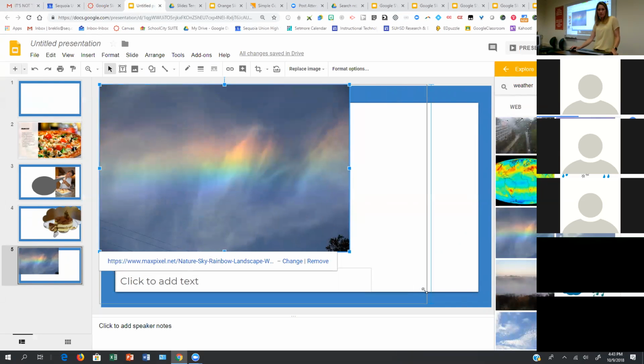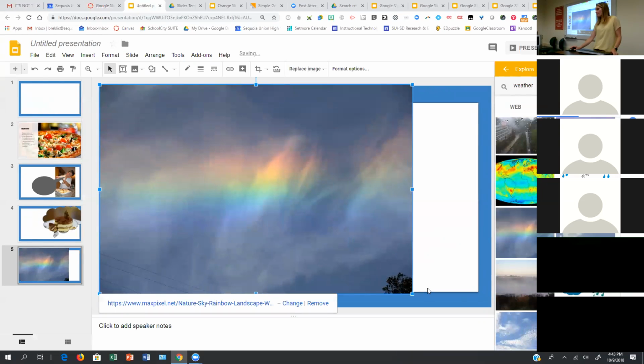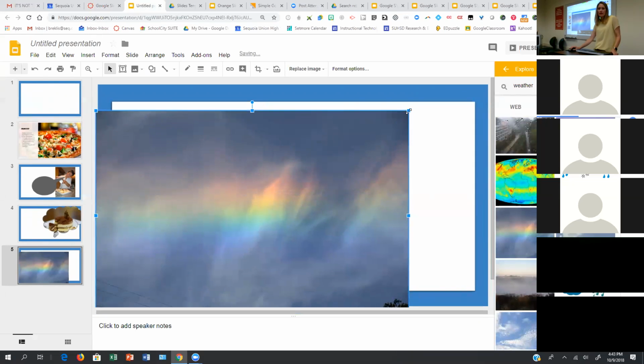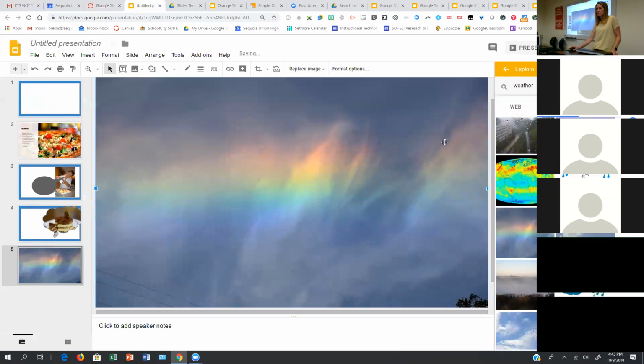What I want to do is I want to resize it. And if you notice, once I get here, well, there's no more room to resize, right? So then I'm going to keep going. I'm just going to crop it later. Because what I want to do is I want to make this image be the entire background. Okay, so I overfilled, but now what I'm going to do is I'm going to crop down, but I'm going to crop as a rectangle.